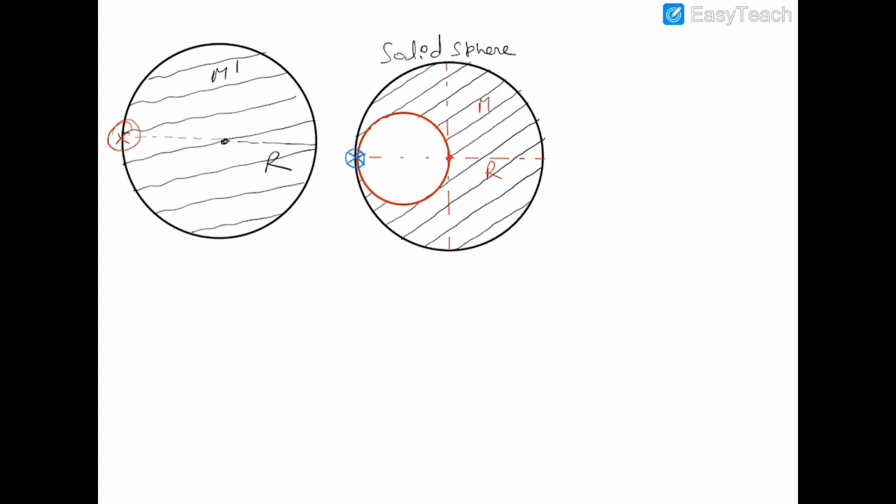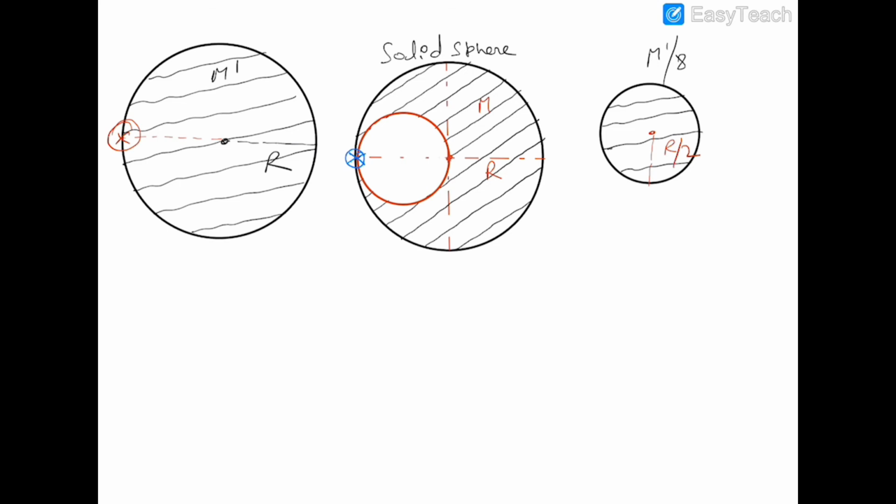The sphere which we have removed is this one, having radius r by 2. The complete mass of the sphere is distributed in its volume, and therefore the mass of this smaller sphere would be m dash by 8,